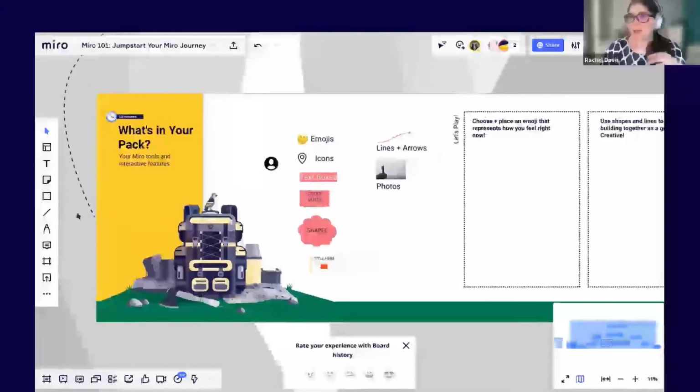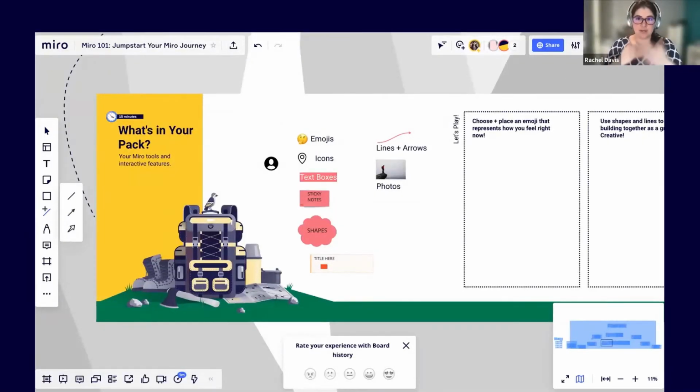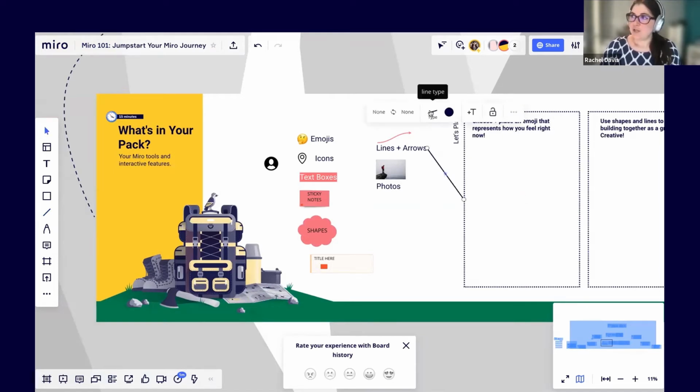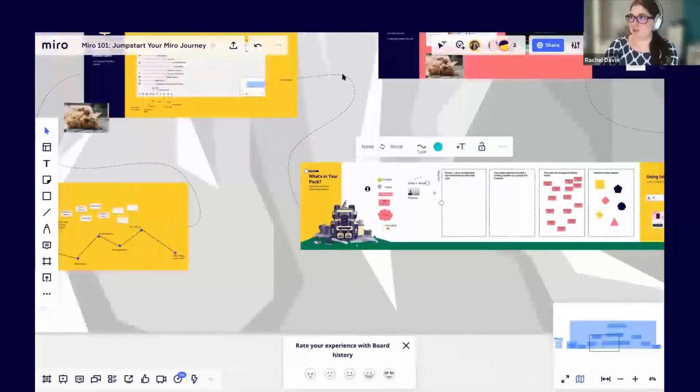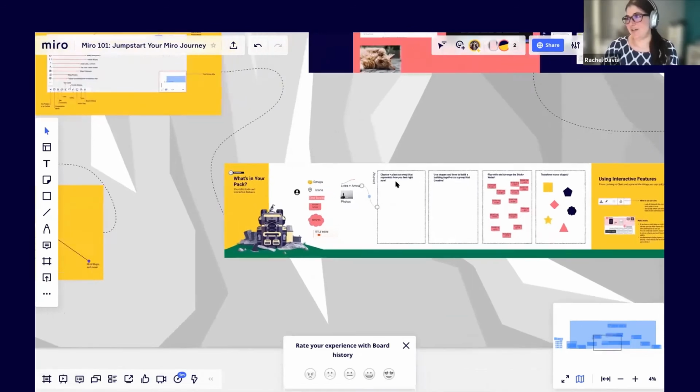All right. Lines and arrows. You have lots of different options here. This is really helpful with things like flowcharts. You can connect things with lines. When you want to connect it from here to here, it gives you the points. And then you can choose your line type. You want a wavy line, a dotted line, a dashed line. You can also change the weight here and the color. These are really helpful.